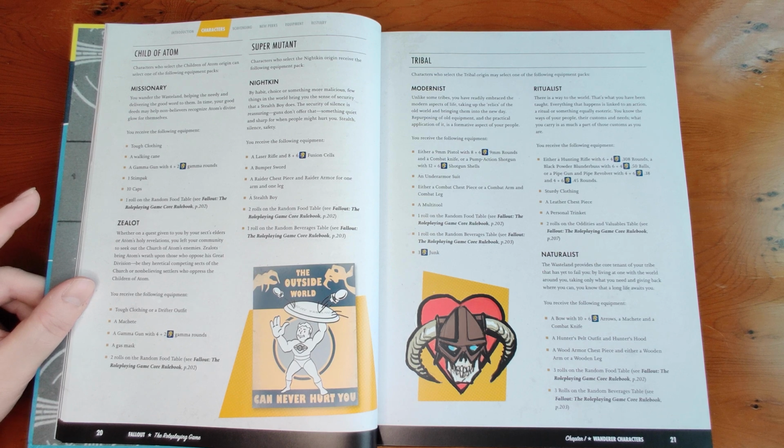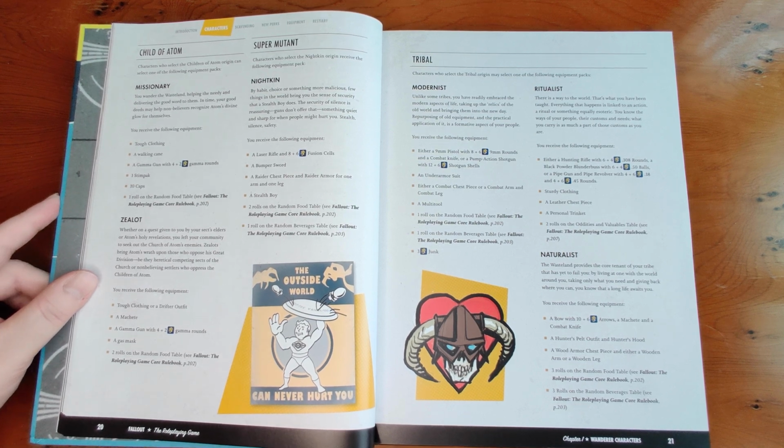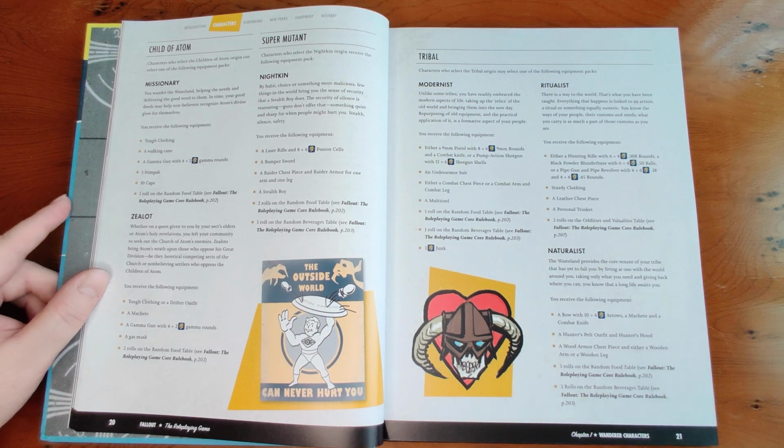table. Now you have the naturalists, so you try to be at one with the world around you, taking only what you need and giving back where you can, knowing that a long life awaits you. Not sure about that. This is Fallout we're talking about, but it's a nice thought. So they get a bow for their weapon, more naturalistic I suppose, with 10 plus 6 die arrows, a machete,